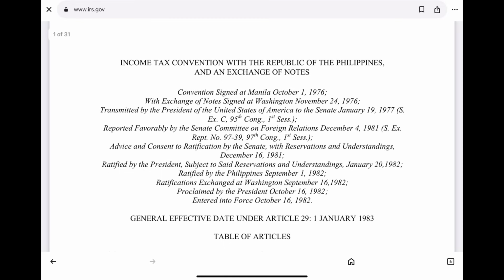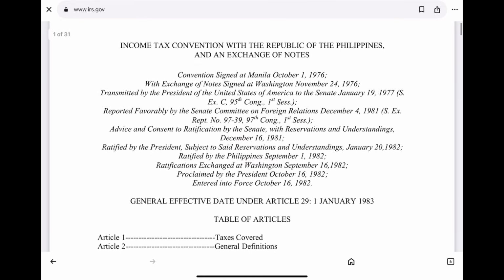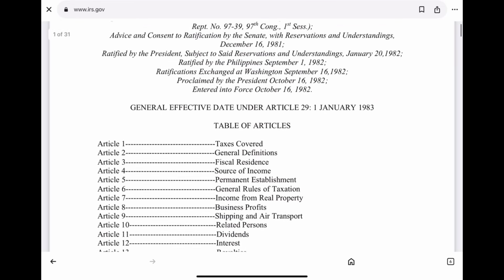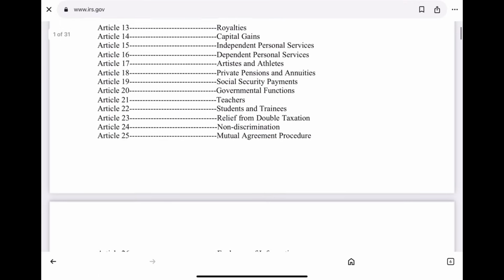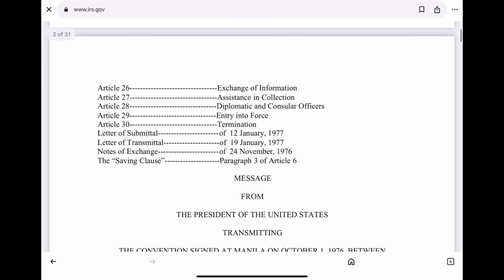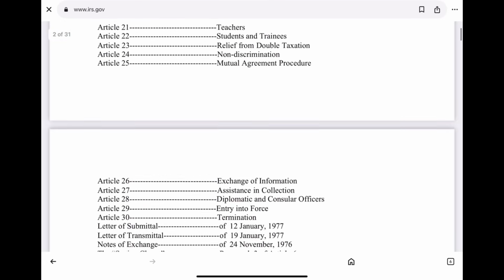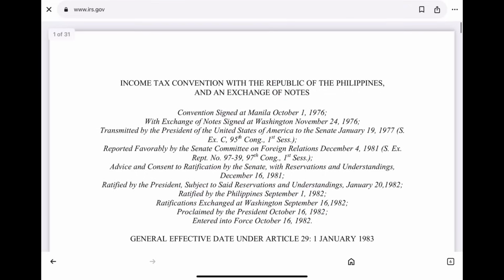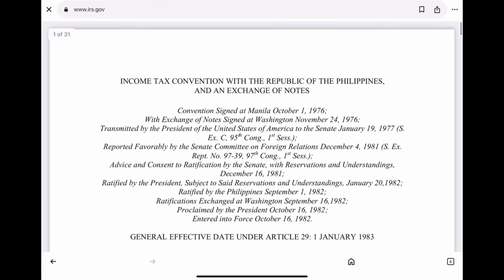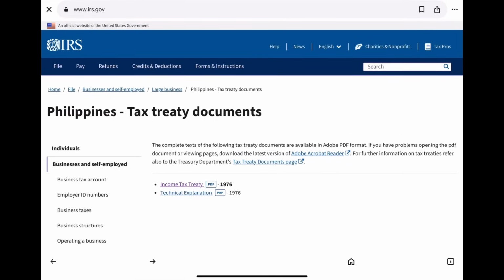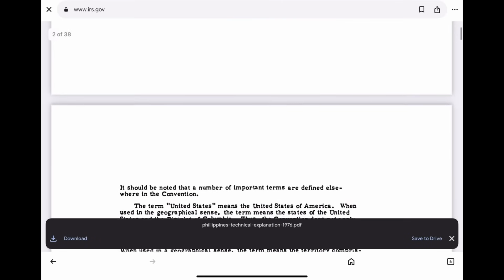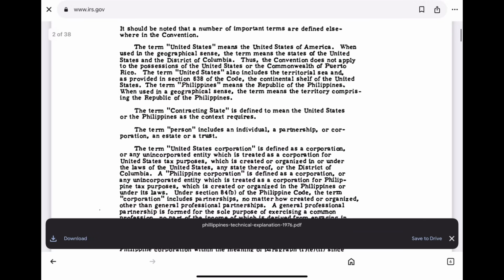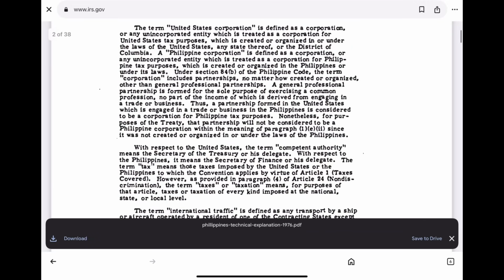So what does it mean to have a tax treaty? So here is the explanation. This tax treaty can eliminate tax liability to avoid double taxation. Let's say you are a US citizen and also a Philippine citizen, but you live in the US. You are earning income in the US. The question is, do you have to file an income tax return in the US and the Philippines or only in the US? The answer is you don't have to file an income tax return in the Philippines, but only in the US, file a US income tax return.